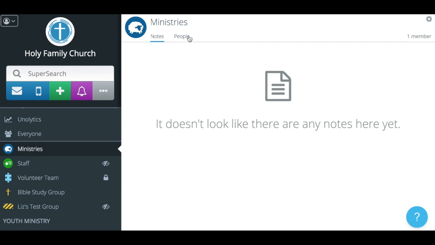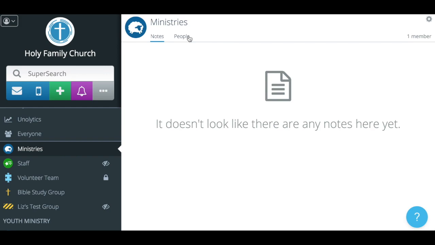A quick note, there are 3 different levels of admin privileges in Flocknote. Super admins who have control over everything in the network, group admins who can manage only specific groups, and note senders who can simply send notes to a group and cannot see any contact information for anyone. We cover these admin levels a little more in depth in a separate video where we talk about working with your members, but for now it's helpful to know that super admins are the only ones who can create new